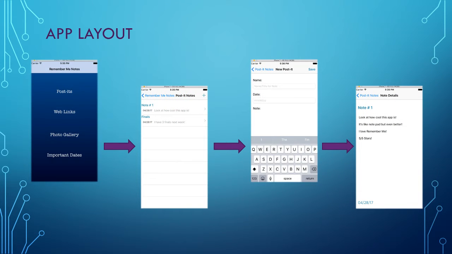So the app layout for all 4 of these types of notes is very similar. On this slide, I've only laid out the post-it note layout. However, it does represent, for the most part, the layout for all 4 functions. Please feel free to go through and look at these functions after this presentation. So the first screen that you see right here is the screen that's loaded after the app launches. It has 4 buttons. Each one goes to its selected note type